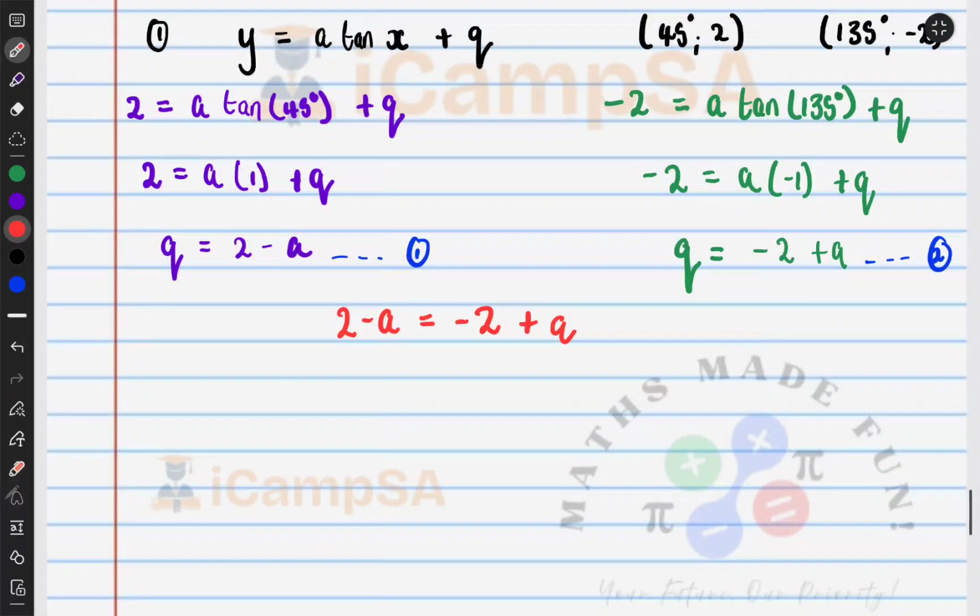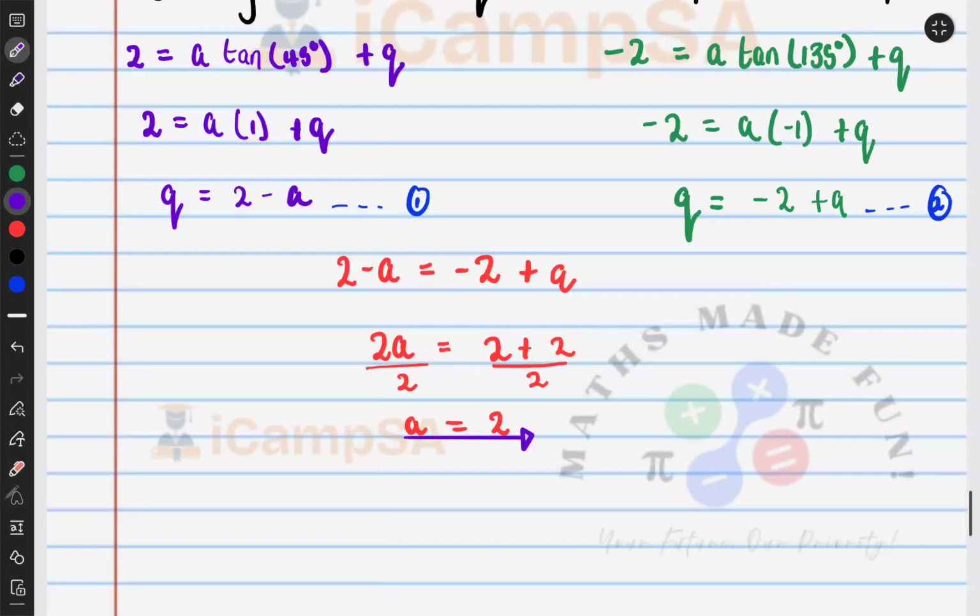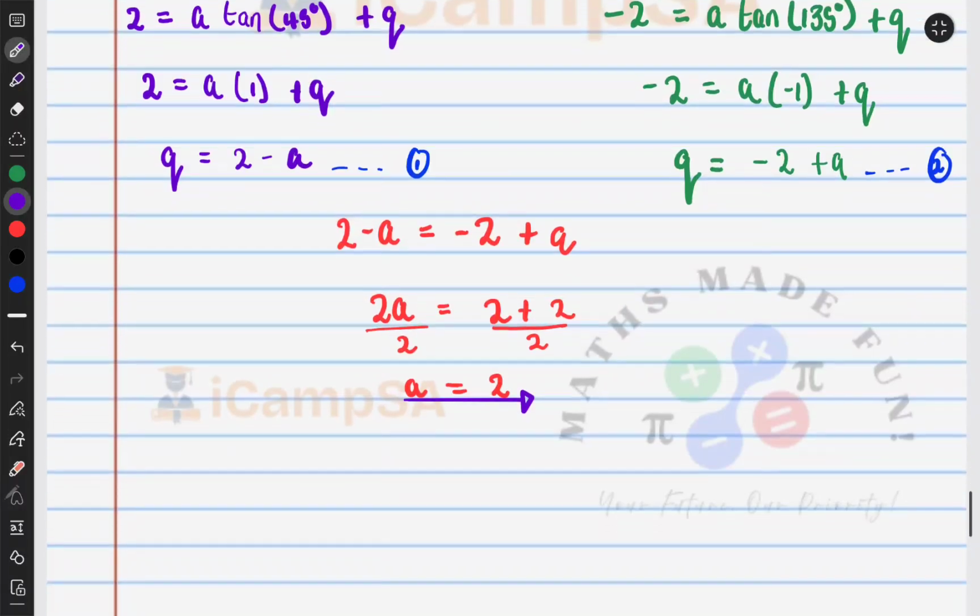So we're going to have 2a is equal to 2 plus 2, divided by 2 on both sides. a is equal to 2 plus 2 is 4, divided by 2 is 2. That is the value of a. Okay, and then from there we can solve for q. We take any equation, take the first one: q is equal to 2 minus 2. Therefore, q is equal to 0, which means the function has not been shifted